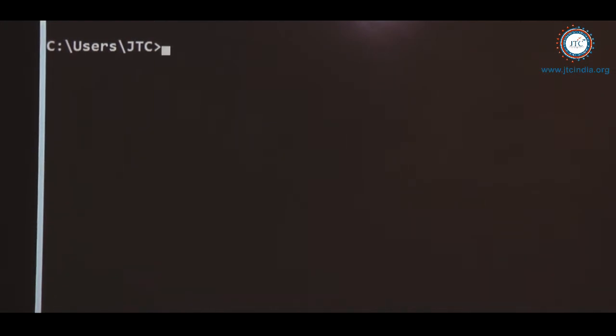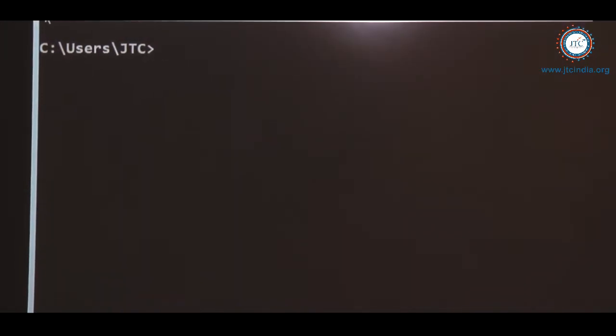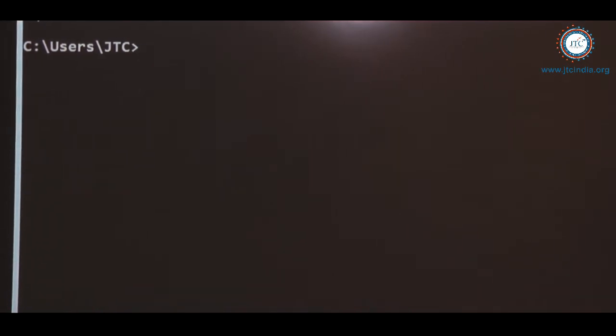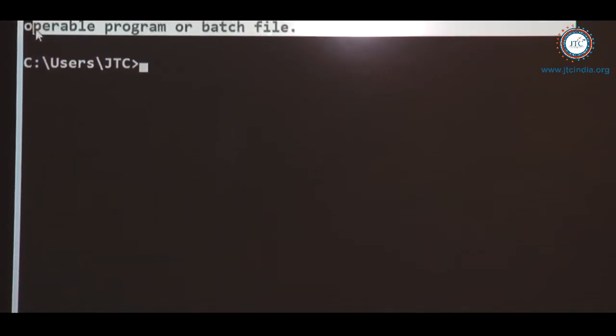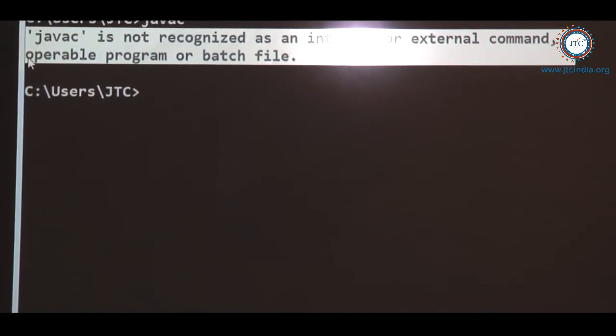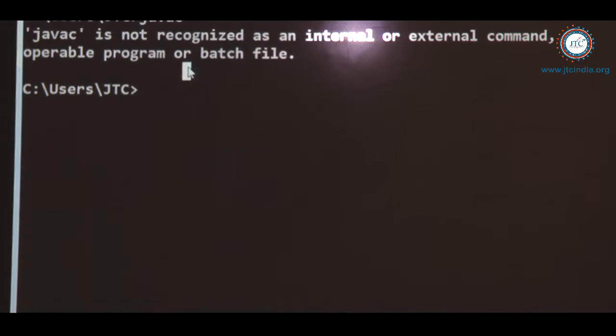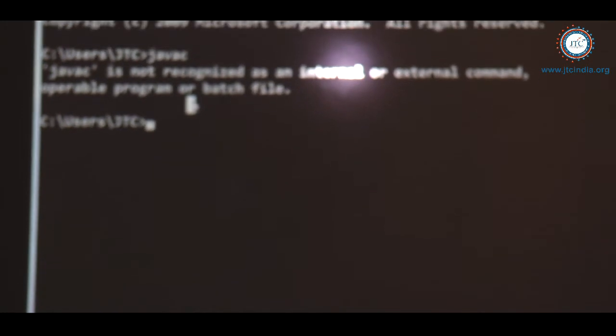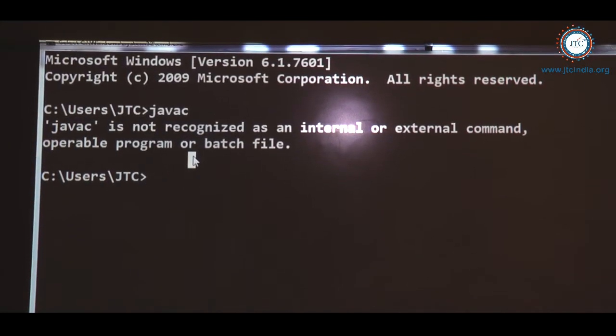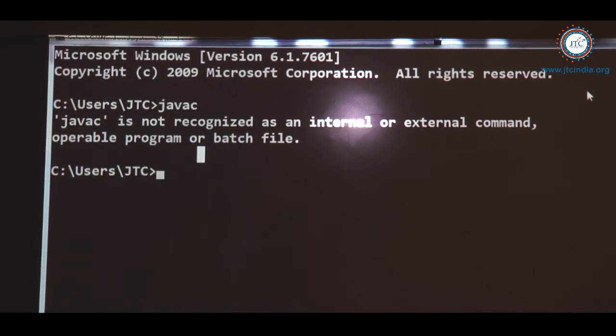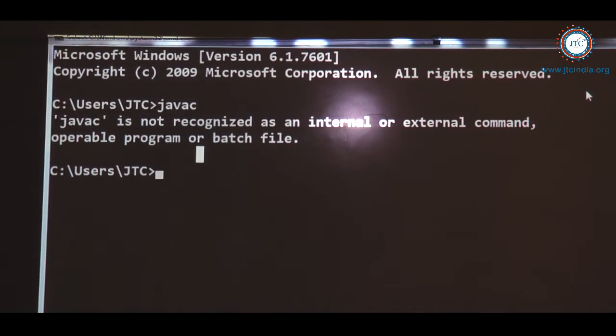Writing javac is just to check whether the JDK is installed successfully on your machine or not. It does not show any successful installation, which means the JDK is not in an active position on our machine, and it is not working for your programs. So I want to remind you that installation of JDK alone is not sufficient to compile or run the program. After installation, you must set the path also, right?